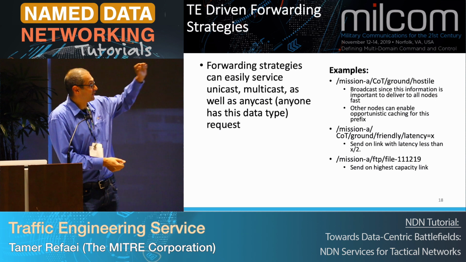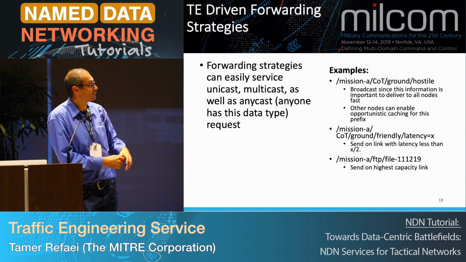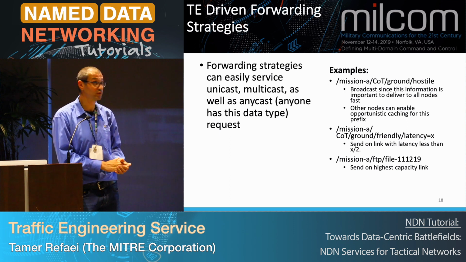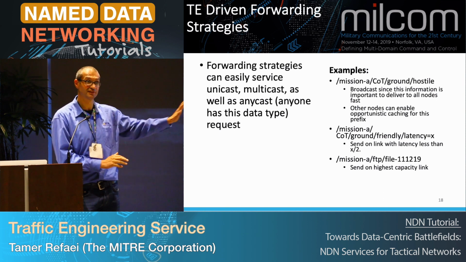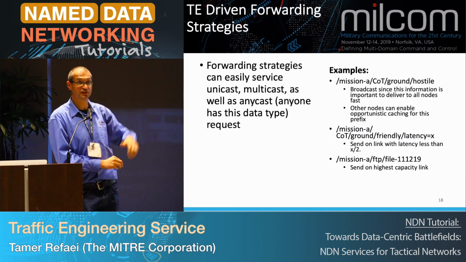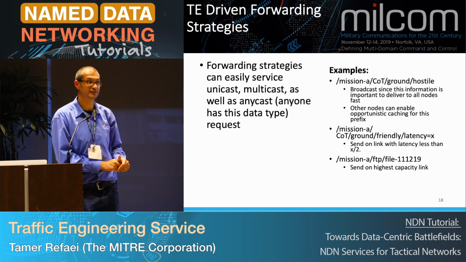Let's say the example here is mission ACOT ground hostile. This is important information. I need to disseminate it as fast as possible. So what do I do? I blast it out. I broadcast it across all links. Granted, there are issues with that. You're using more bandwidth, but let's say this really needs to get there as fast as possible. So the forwarding strategy is to send this across all the links. I want this delivered to everybody who wants it. And even if someone doesn't want it,